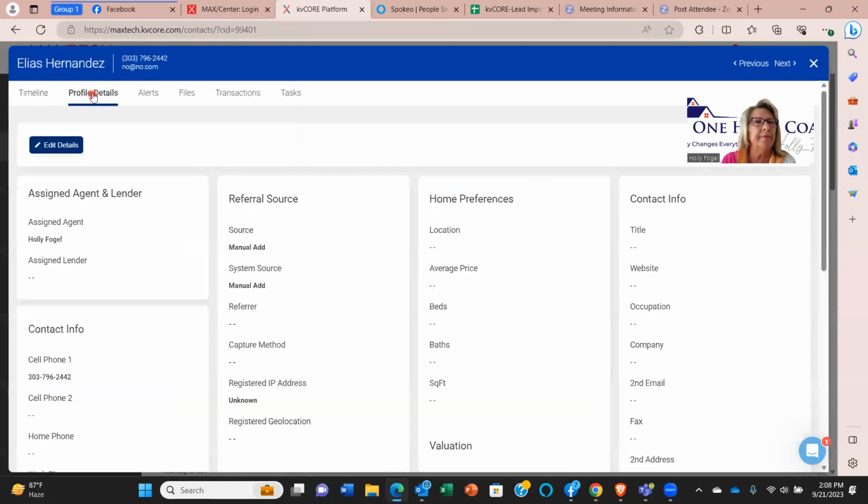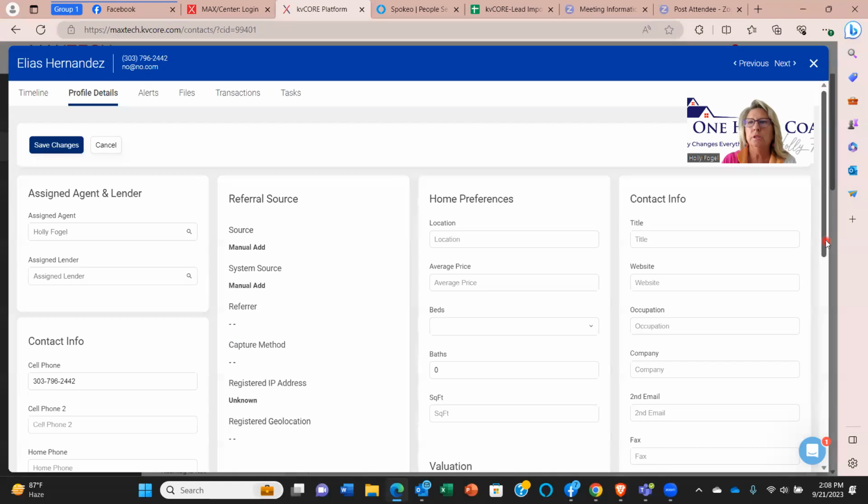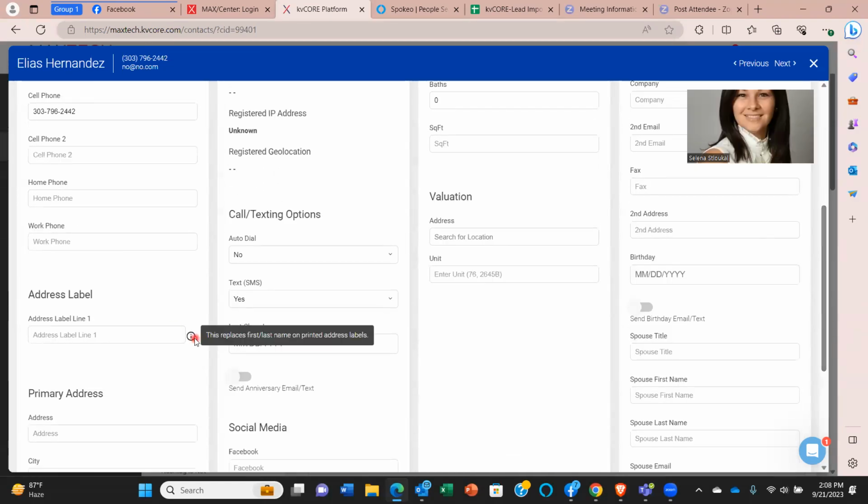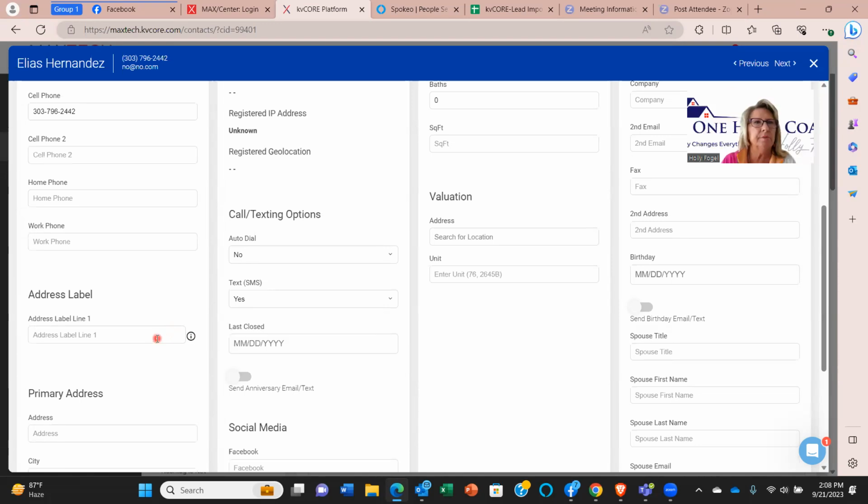What you can do on that is you can create an address label just in one of the records. This replaces first last name on printed address label. Let me think of the best workaround on that. You may want to just keep